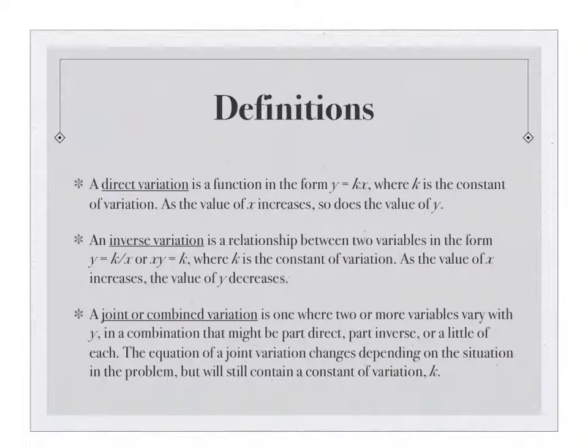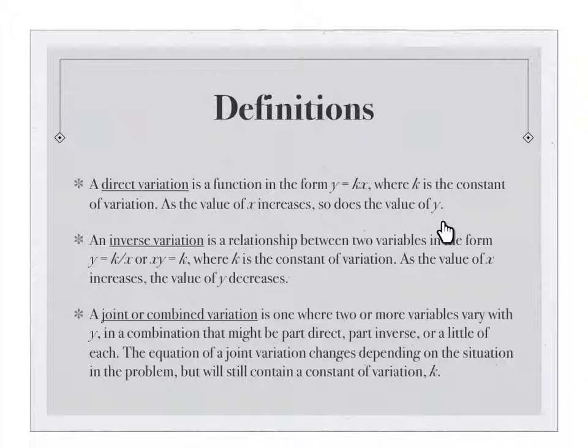So first with some definitions. Direct variation is a function in the form y equals k times x, where k is the constant of variation, and that k stays constant. It's the same throughout the function. As the value of x increases, so does the value of y. Now keep in mind that this is with regard to absolute values of those numbers,